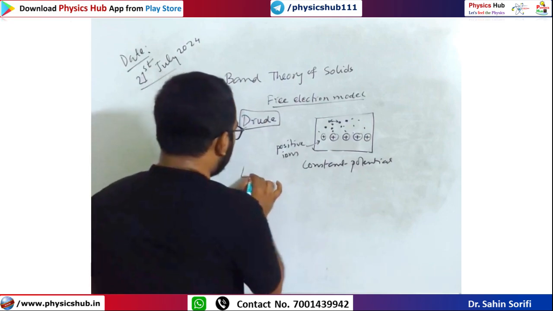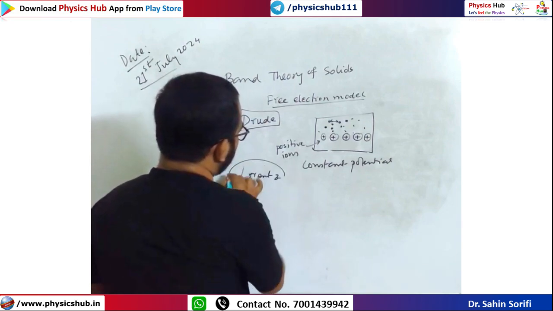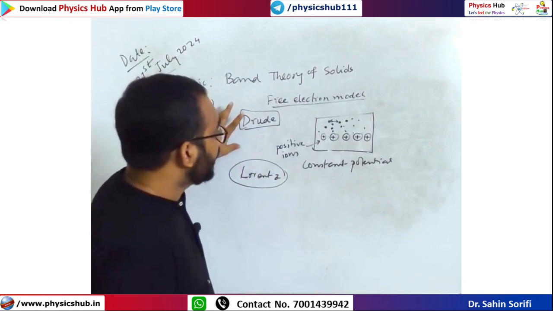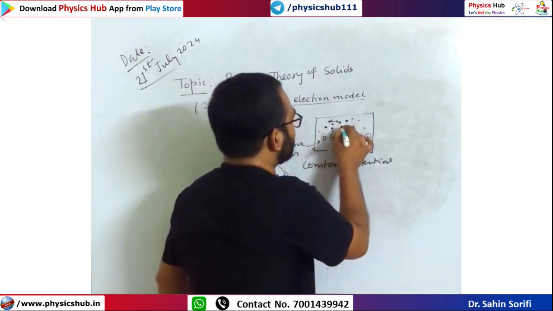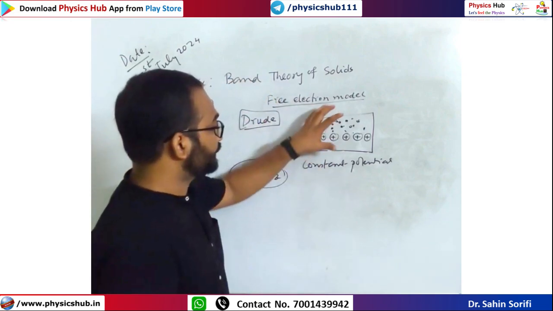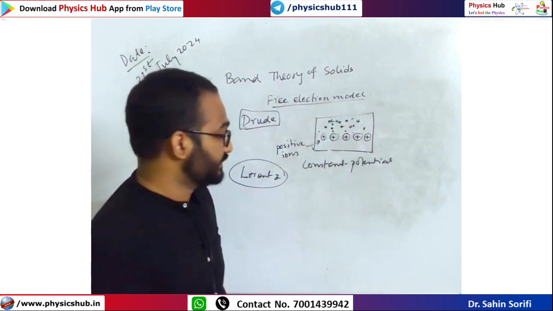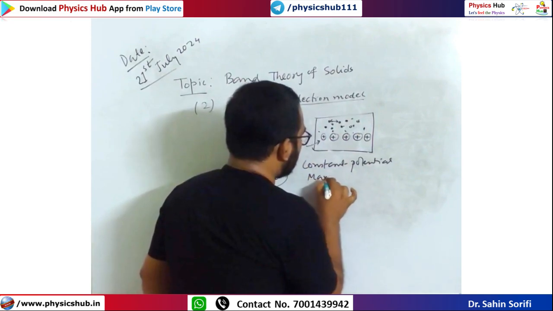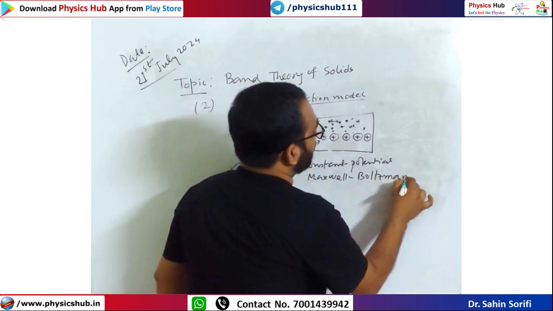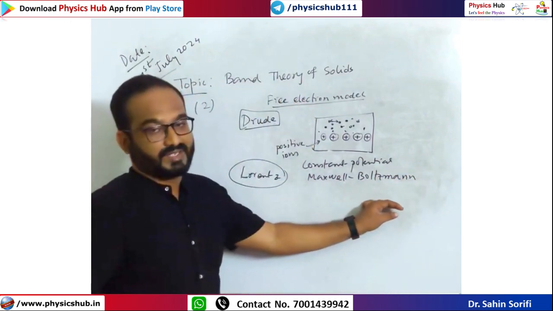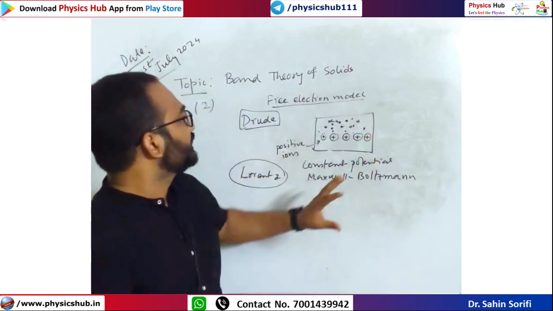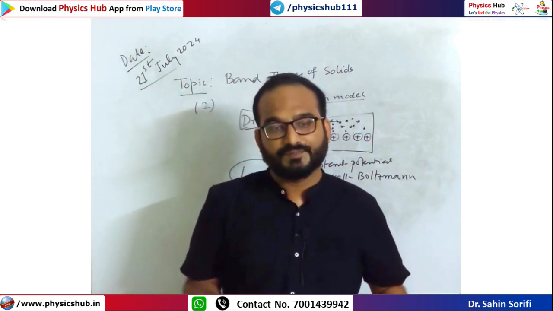Later, Lorentz did some modification to this theory of Drude. He considered the electrons as an electron gas, and he said that these electrons follow Maxwell-Boltzmann statistics. So Lorentz incorporated the idea that these electrons follow this classical statistics called Maxwell-Boltzmann statistics. Okay, now this model was successful in explaining various phenomena, and